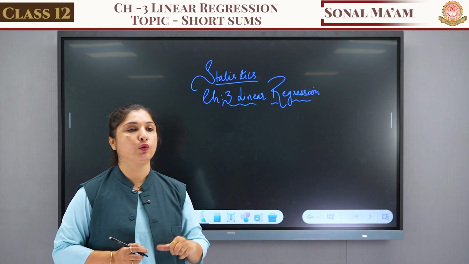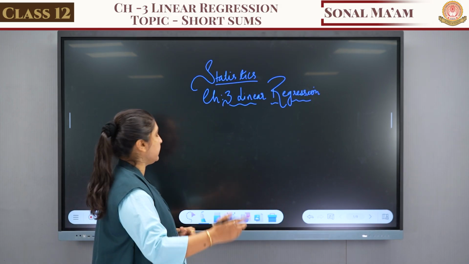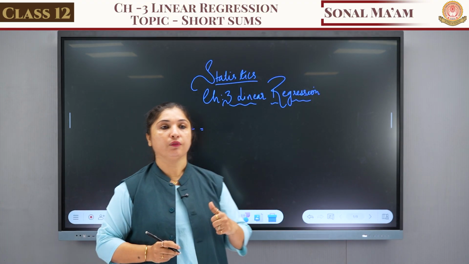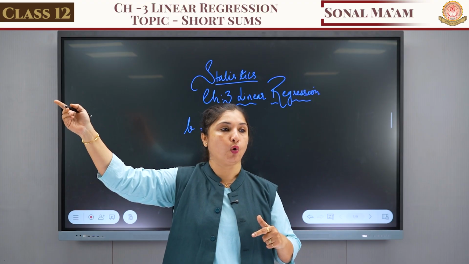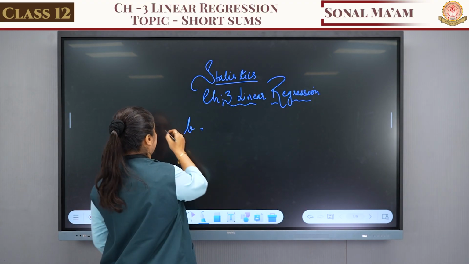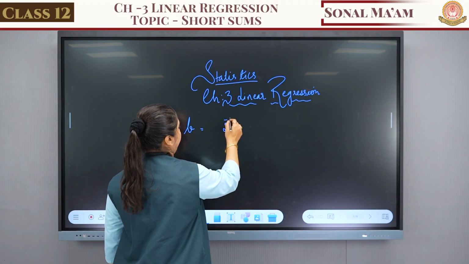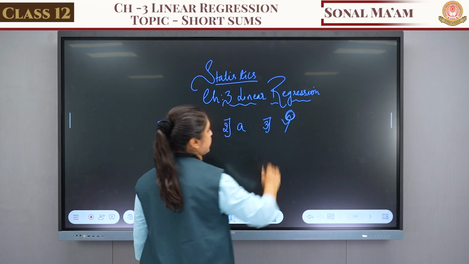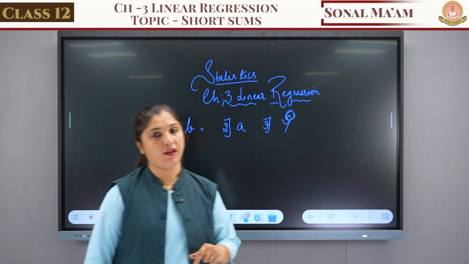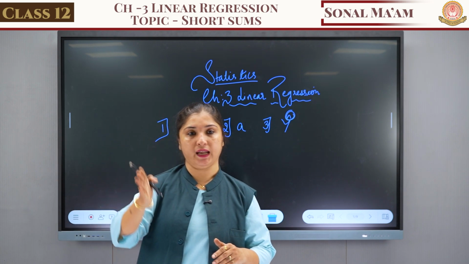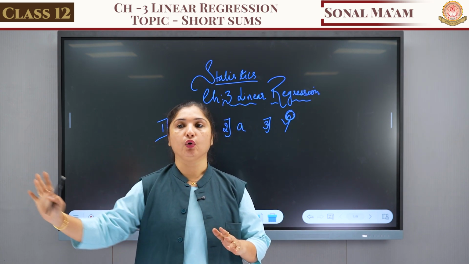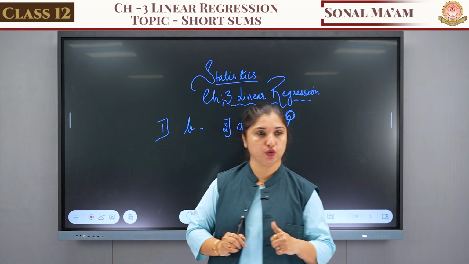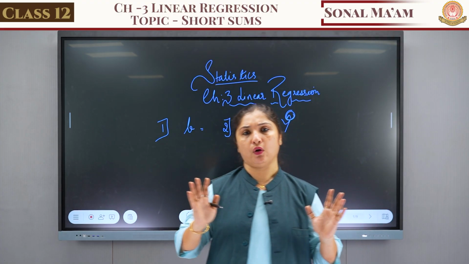For finding the estimated value, we have to find the regression line in 3 steps. First of all, we'll find the value of b, and the formulas for b we correlate with the formulas of linear correlation, right? The first step is we find b, then we find a, and then we find y cap. This cap suggests that it is the estimated value, right? We know the formulas. We have already done many sums on it, right? Now we are going to continue with the short sums. Formulas will be almost the same.